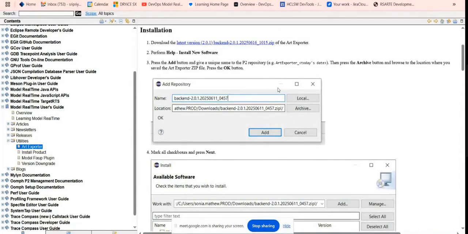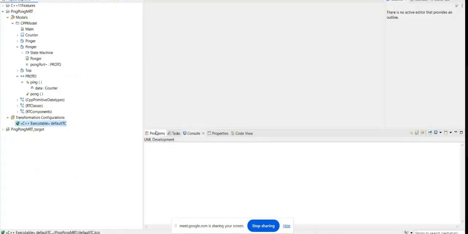So Art Exporter is now based on the model compiler, which means this approach provides a more consistent generation of art and the C++ files, and also allows for command line usage. Last sprint we had seen that the Art Exporter supported different data types. In this version, in addition to the data types, we've added initial support for protocols, events, capsules, state machines, and transitions. So we shall now look into the demo.